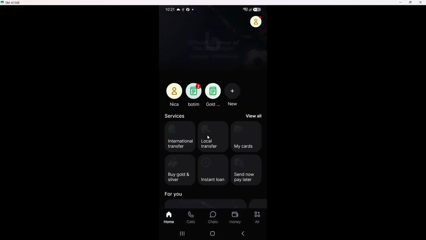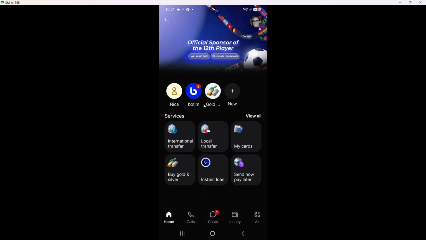Once you tap on it, the app will load and you will be greeted by its user-friendly interface. This is your gateway to connect with friends and family through video calls. The ease of access here is crucial as it sets the tone for a smooth calling experience.